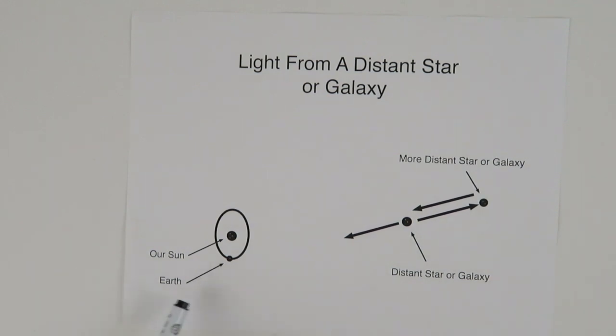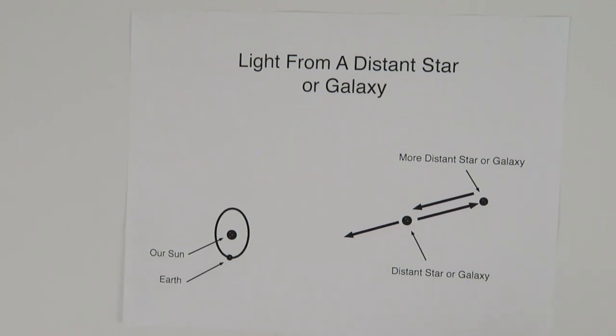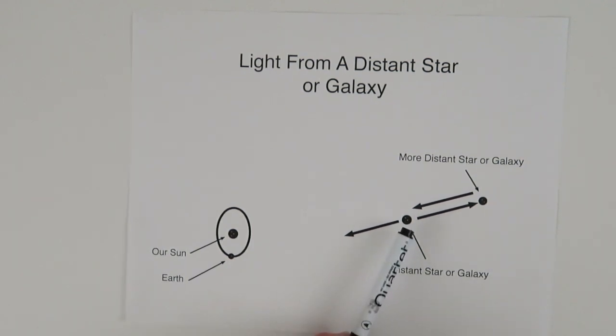Supposing we have our sun, which is a star, and our planet, which is revolving around that star. Supposing sometime in the distant past there was another star or galaxy here, and it was created at a certain time in the universe and started to emit light. It would emit light in all directions, of course. But in particular, let's consider it emitting light towards our star,